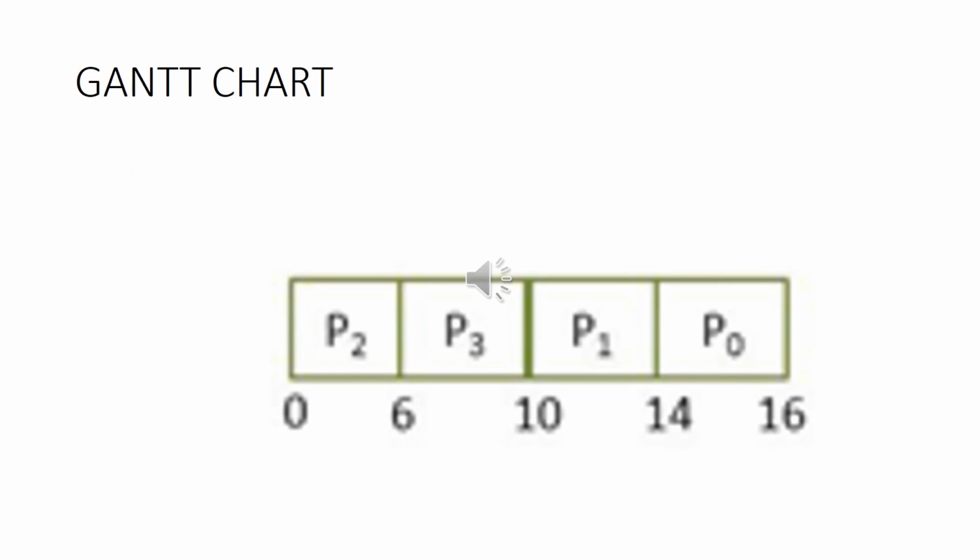Here we can see the chart which shows how the processes are executed by the processor. At time t equal to 0, P2 came, so the processor starts execution of P2. It executes till 6 milliseconds, which is the completion of P2. During this time all other processes arrive. After 6 milliseconds it starts execution of the process which came second, that is P3. It completes P3, then it goes for the execution of P1. Whenever it finishes P1, it goes for P0.